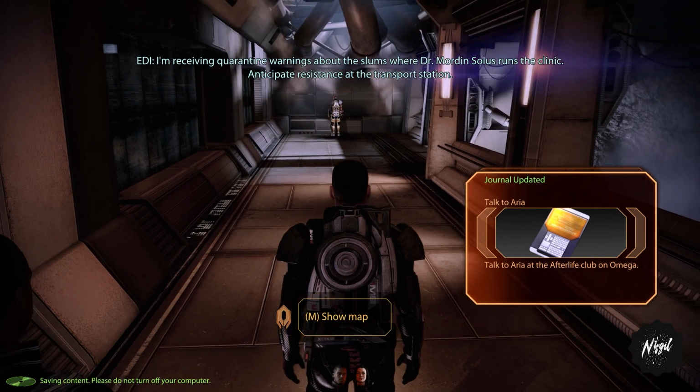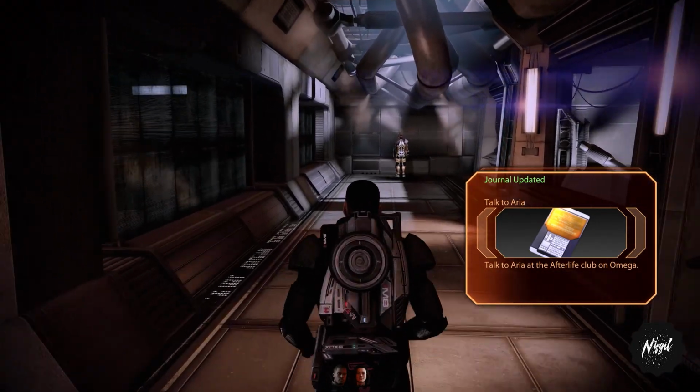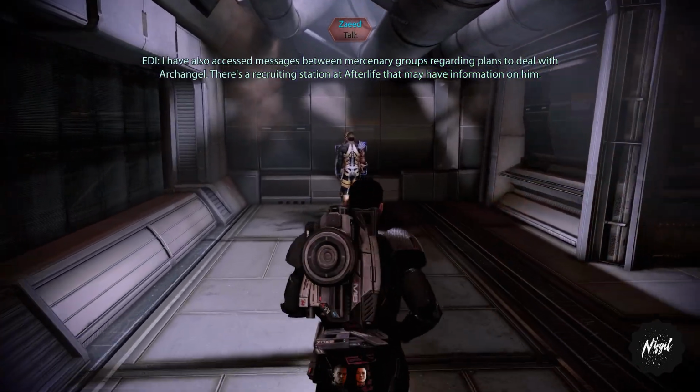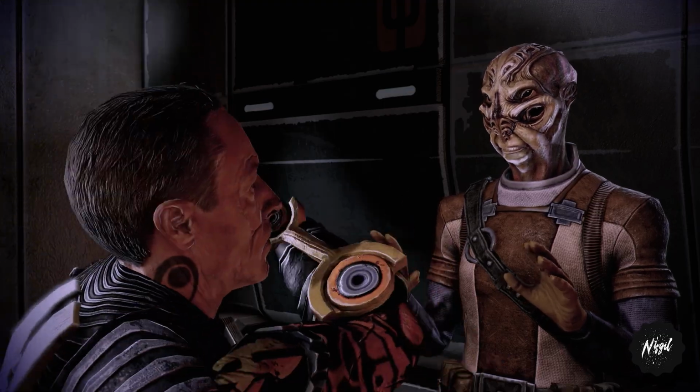I'm receiving quarantine warnings about the slums where Dr. Morton Solus runs the clinic. Anticipate resistance at the transport station. I have also accessed messages between mercenary groups regarding plans to deal with the Archangel. There's a recruiting station at Afterlife that may have information on...